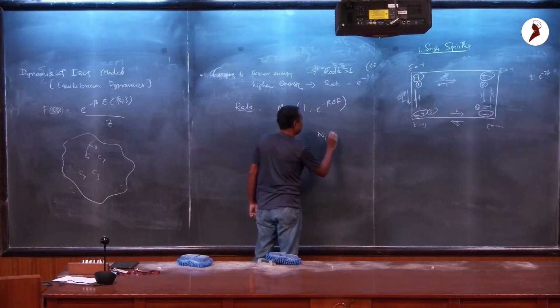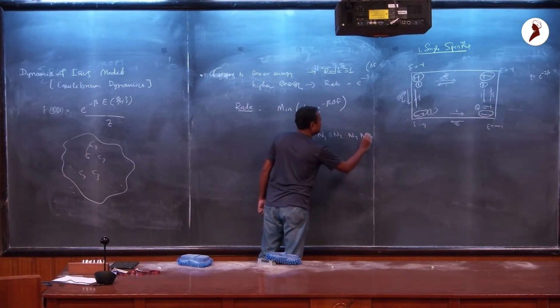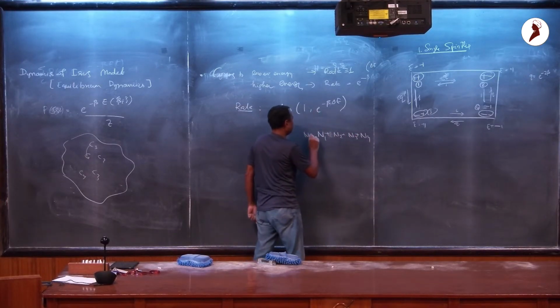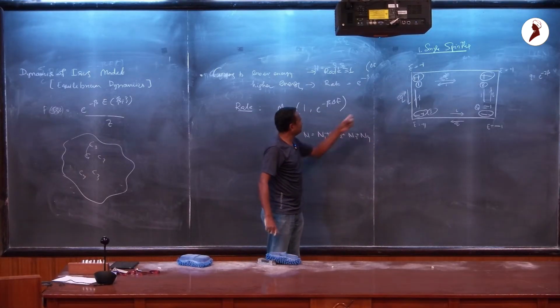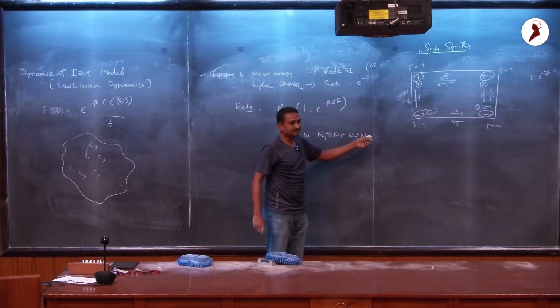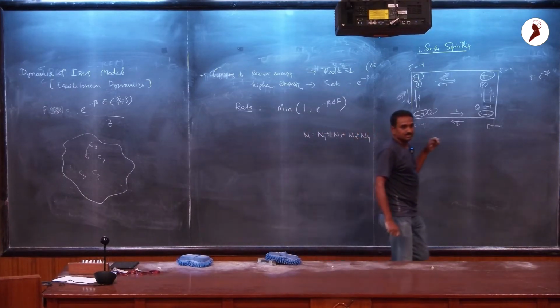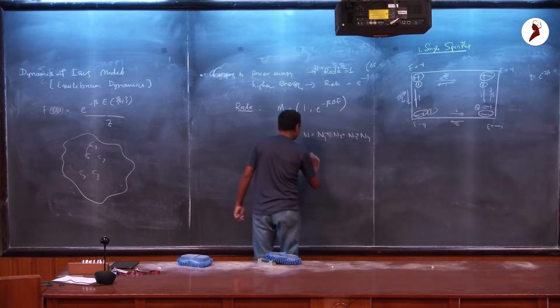Currently you have n1, n2, n3 and n4, and this sums up to n. You have n systems like this, and you have n1 of type 1, n2 of type 2, n3 of type 3, n4 of type 4. Okay? So all you want to know is that this is a time t. So currently you have n1(t),